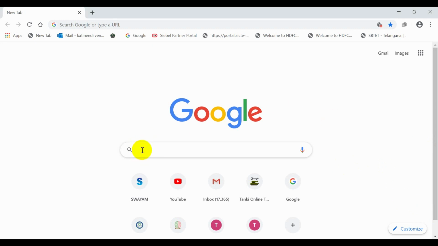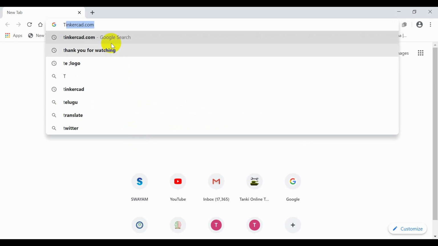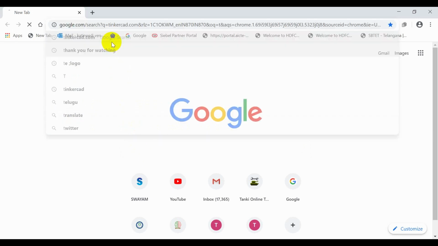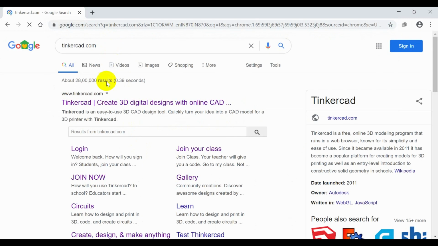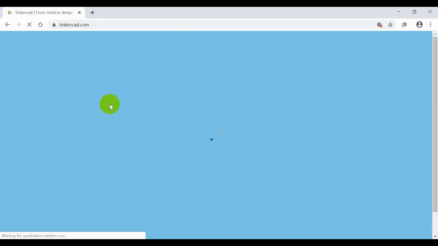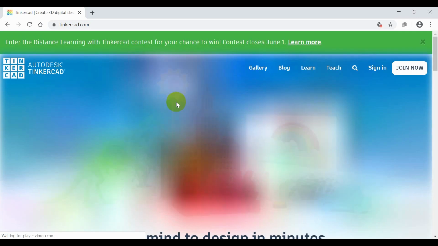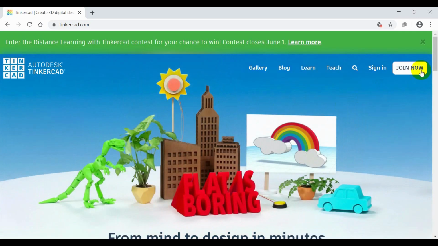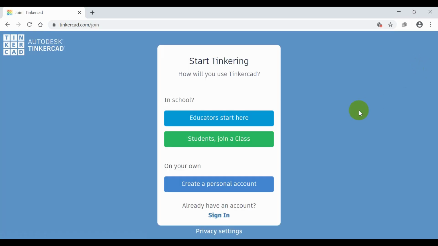For Tinkercad, just type tinkercad.com. You have to log in. You will get this window. Join now. You can join with your personal account.